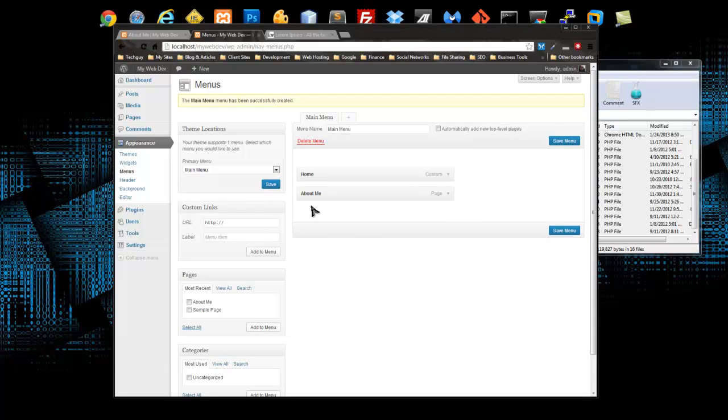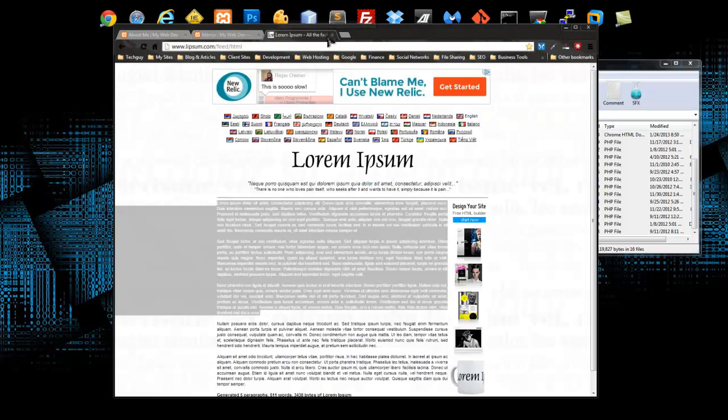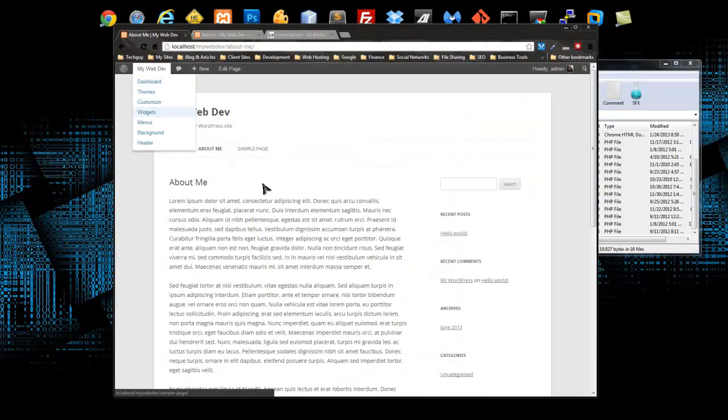So now we have 2 links in our menu. Let's save it. And if we go to our front end and we reload, so now we have our main menu, which doesn't have the sample page. And if we click on home,